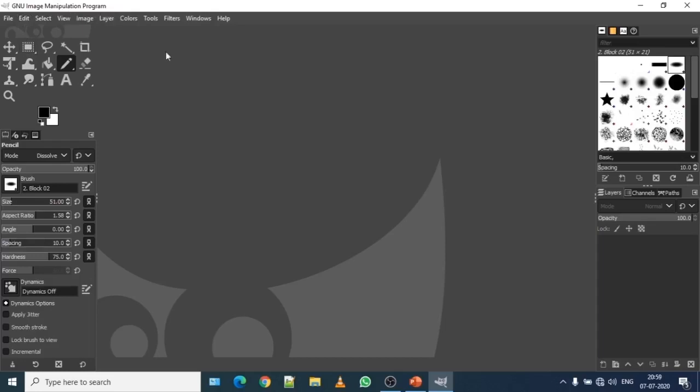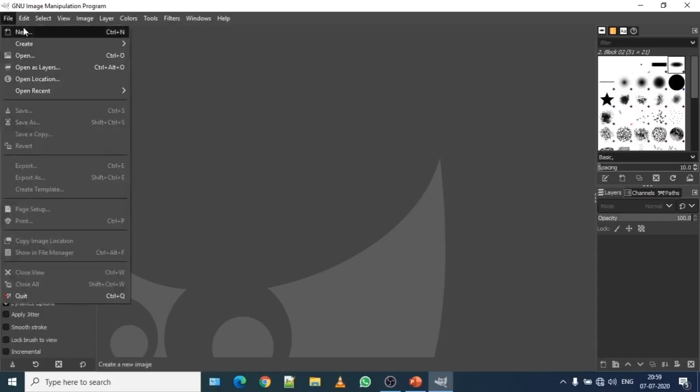So whenever you work on a new file, you have to first create that file from file menu. So today we will do the same. So click on file and click on new. There is another option to open this file. When you press Ctrl+N button from the keyboard, it will create a new file.